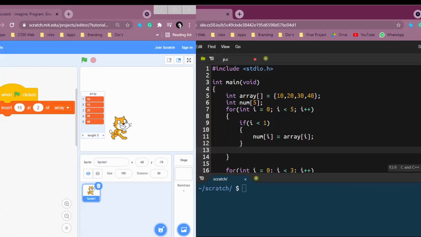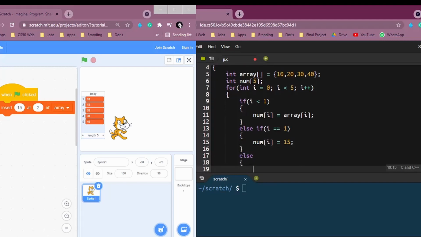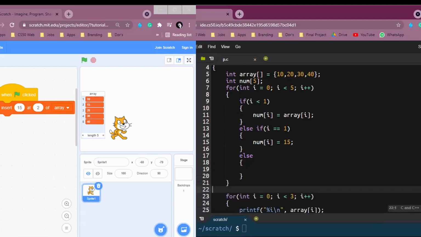And what are we going to do? So here we're saying that we want to insert 15 at position 2. So position 2 here would be our position 1 as programmers, right? So we can use an else if i equals 1. We're going to say num i is equals to 15, okay? And what will be our else case? So our else case will be what? We would